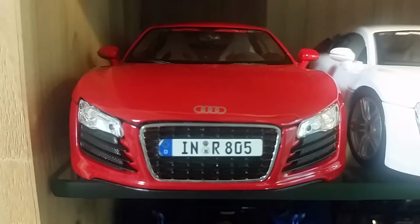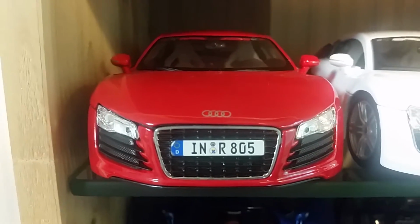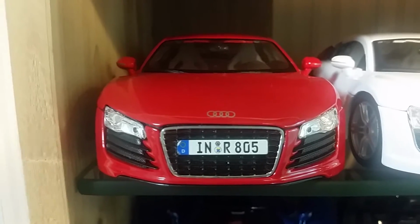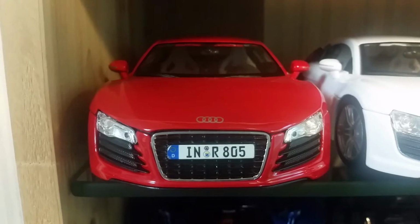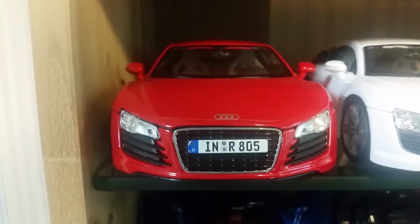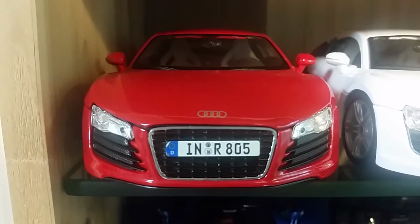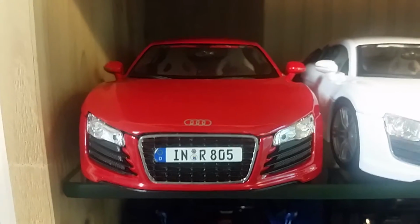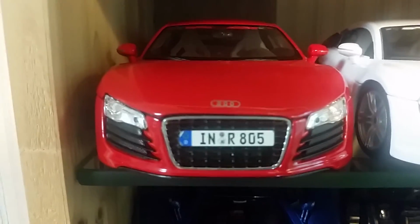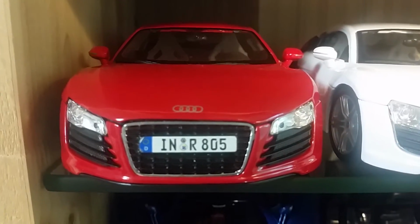So here is the car that probably started it all. My first ever model car. Well, the one I bought, this was the first one. Red Audi R8. I saw an Audi R8 in San Francisco and I fell in love with it, so I came back to North Carolina and I bought this thing in an instant, which probably started my collection in the first place. I really loved R8s at that time, and since they were so cheap,